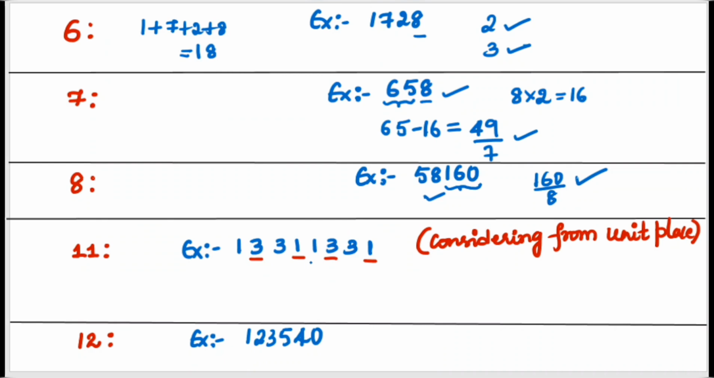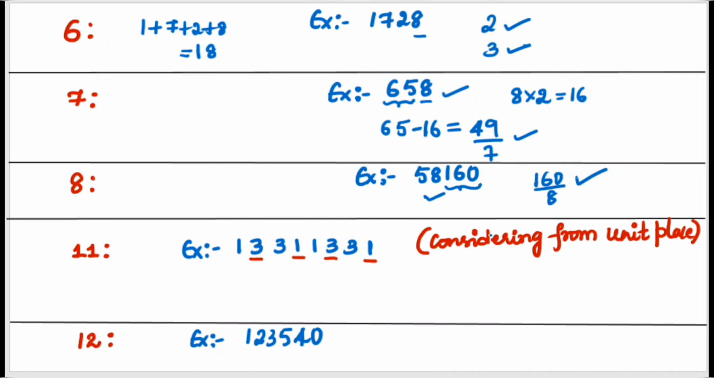What we need to do with this example: sum of all the odd place digits minus sum of all the even place digits. On subtracting both, we will get the result 0 or a multiple of 11. If we get either of these two, then that number is divisible by 11. Let us take one example and solve, it will be clear. I have taken the example